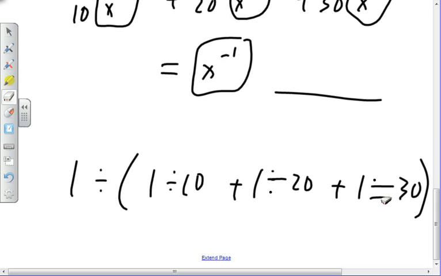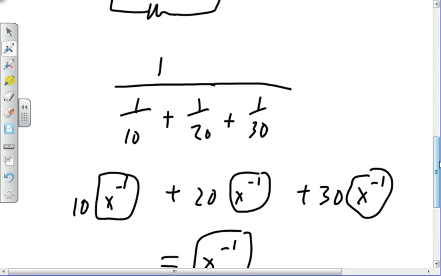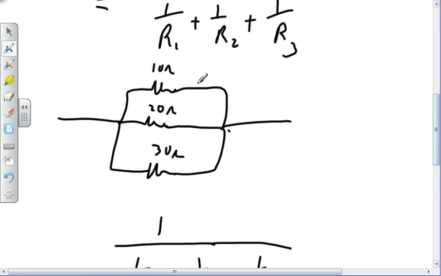And the calculator would give you the right answer right off the bat. Now, if I'm in series, my total resistance has to be bigger than any of the individual resistors. If I'm in parallel, my total resistance has to be less than the smallest resistor. So in this particular example, I have 10, 20, 30. If I don't get an answer of 7 or 8 or somewhere less than 10, I know my answer is